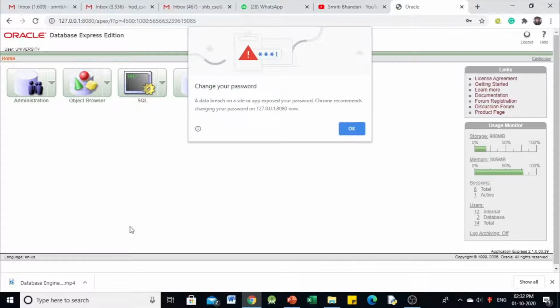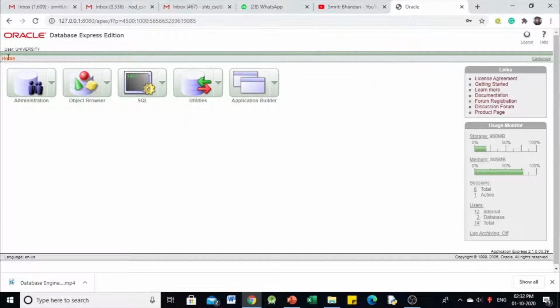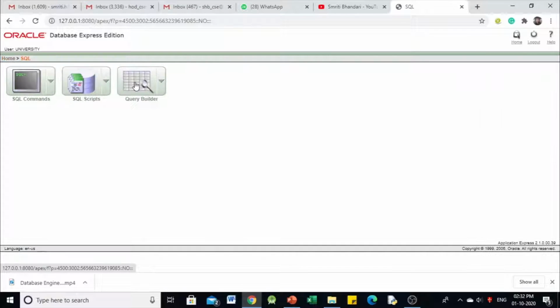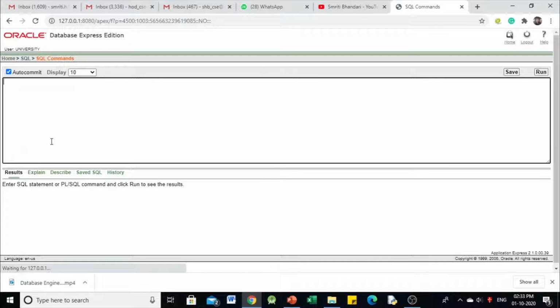Okay, so you may see here now the username here is university, and I am having now this GUI with me, but as I stated, I am not going to deal with this GUI right now, but I am interested in providing the SQL statements. So we are going to click on SQL and SQL commands so that we can once again visualize this command window, and here we are going to provide our commands, right?